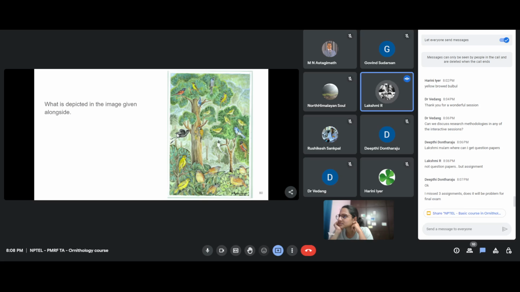Ma'am, I would like to add on to what Vedang had asked in the chat box, and I too wanted to know about research methodologies, ma'am. Okay, so for research methodologies, we'll have to have a paper discussion. I'm not sure if we are allowed to have that kind of thing, because it's very time intensive. I thought maybe if you or the other person who is presenting have any past papers, a small project or something to take up and explain how it is done.